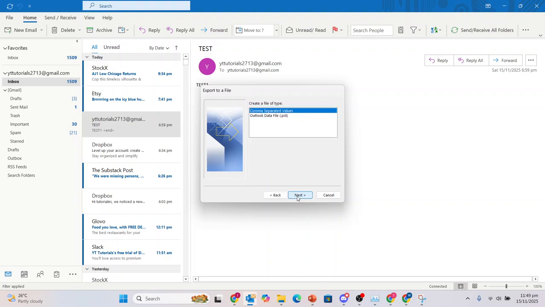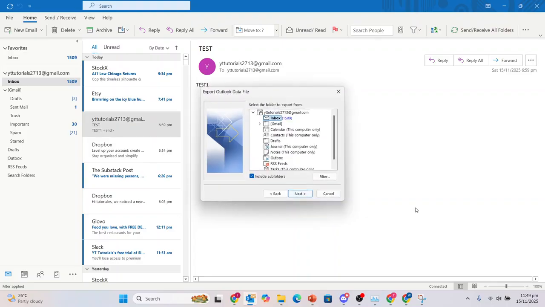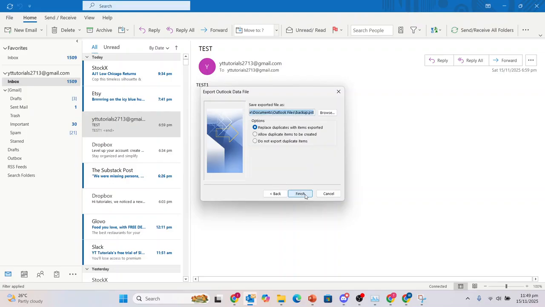Choose that, click here on Next, and then what I want you to do is choose Outlook data file. Click on Next again, and then you just go ahead and select the folder to export from. If you want the whole thing, you can select this, your email address. Make sure you have include the subfolder selected as well. Okay, and then you go ahead and hit Next, and then you'll need to just choose where you want to